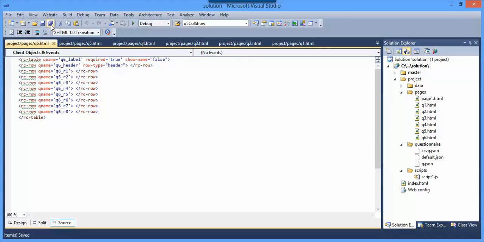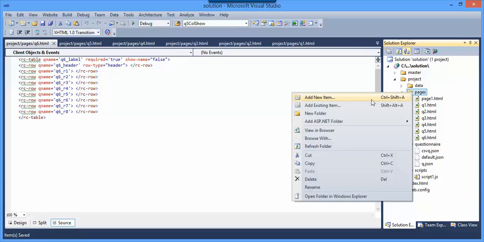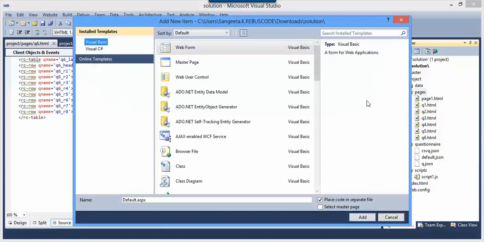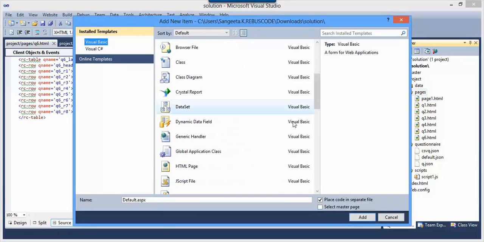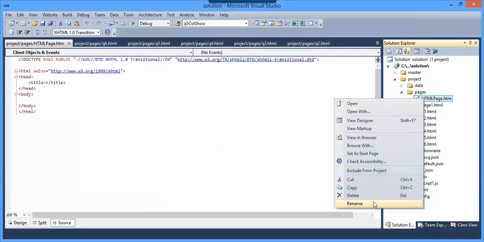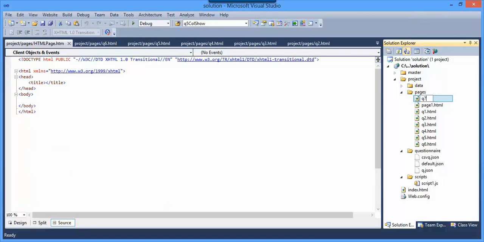Now the script for question 6 is ready. Let's now create a new page for question 7. Let's rename this page as q7.html